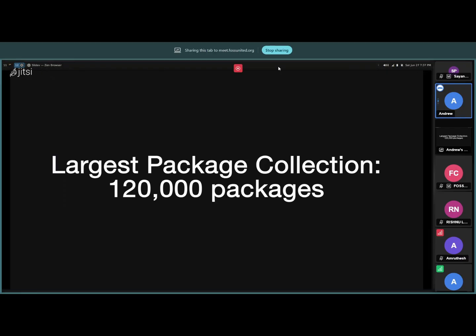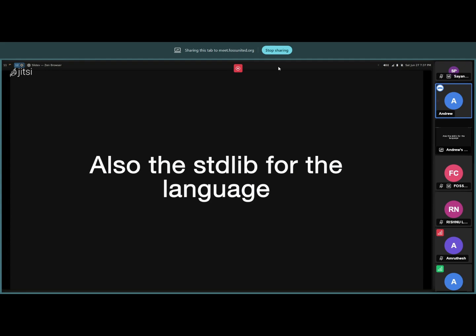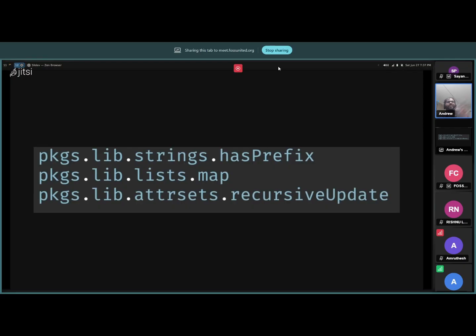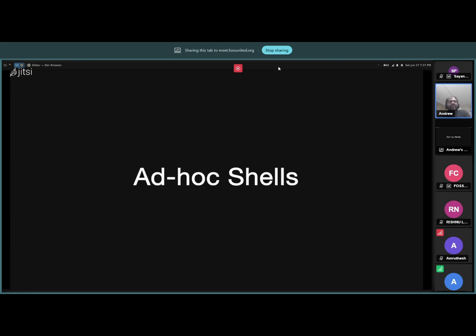So yeah, it's the biggest package collection that we have of open source projects and non-open source projects also. It's also the stdlib for the language. There is a wrapper that comes around. So the derivation function you saw, it's an actual function within Nix. The point of the language is to call the derivation function because that is what does the work. But the derivation function is very raw. So there is a built-in Nix packages version of a derivation function that does even more work for you. But this doesn't matter. And it also has all of the functions that you require for writing good Nix derivations basically.